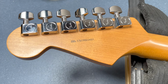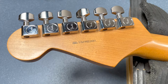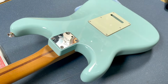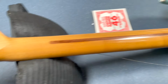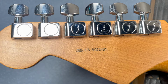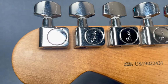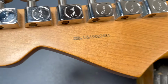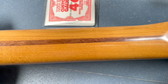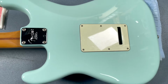It's not often that I start with the back of the head, but this is a very nice Fender Stratocaster. But it's not just any old Stratocaster. It's an American Performer HSS Stratocaster. And as usual, they're all usually well built. And this is a particularly nice neck. What makes it special is the pickups and the...